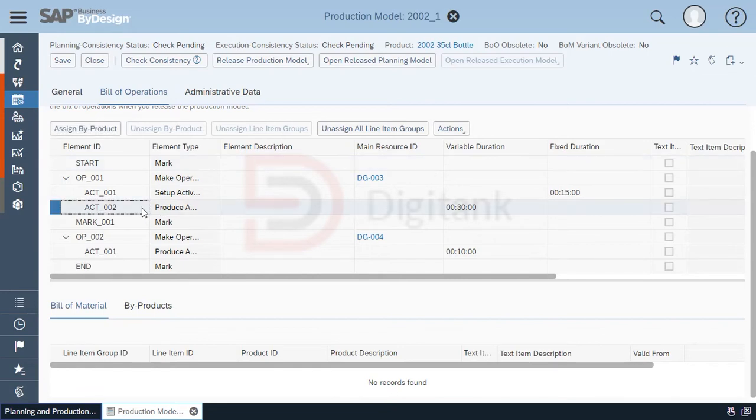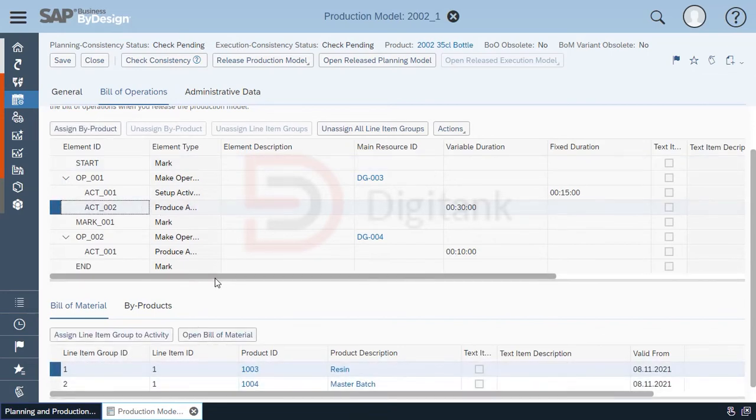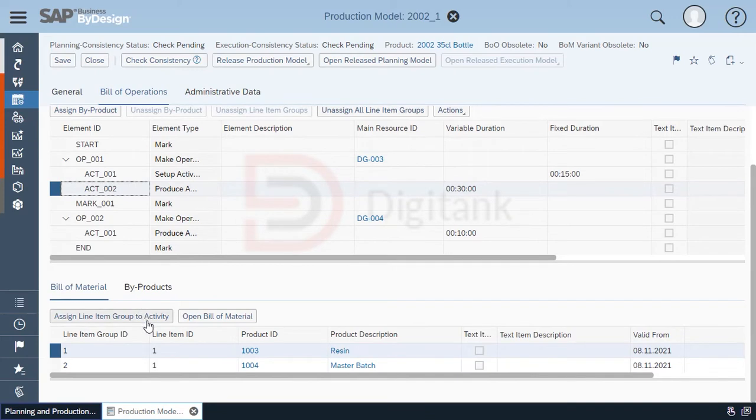So we'll start from the first one. So here you can see the BOM. You can see the BOM materials. Now you'll notice that the option that we have here is to assign line item groups to an activity. So like I said in the bill of material video, in a case where all the raw materials are used in the same produce activity, you can put them in the same group. But where they are used in different activities, it's best to create them in different groups so that you can assign them individually. So in this case, we have two different groups,